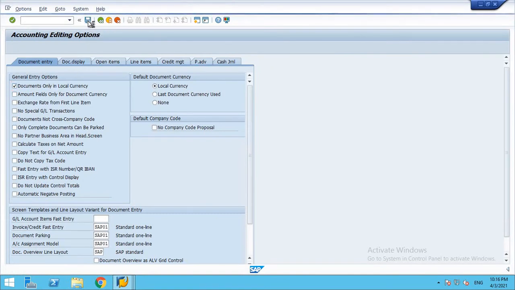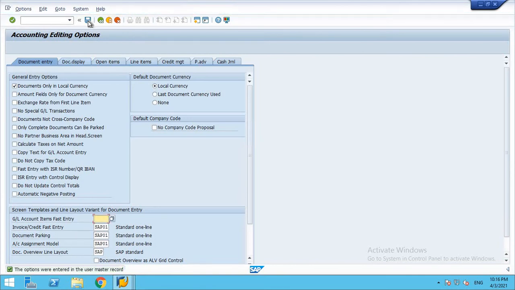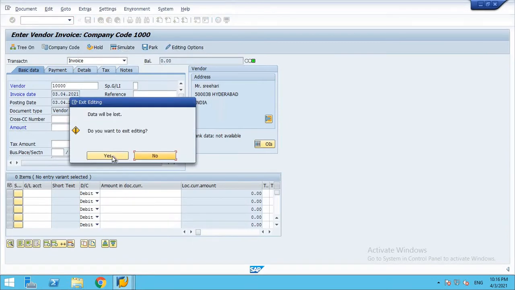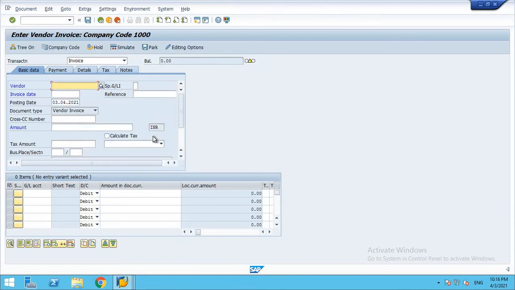Now let me select document only in local currency and save this option. It may take some time. Now if we go back, you can see the currency option is grayed out.